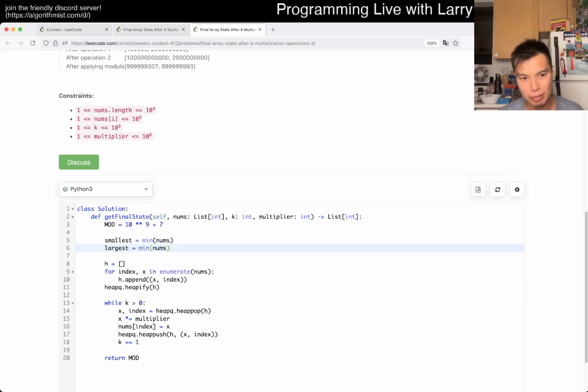So I want to get the index though. And it could have multiple same numbers, but